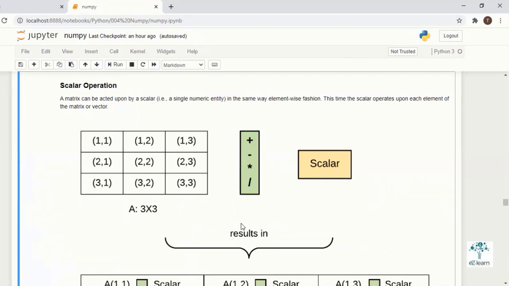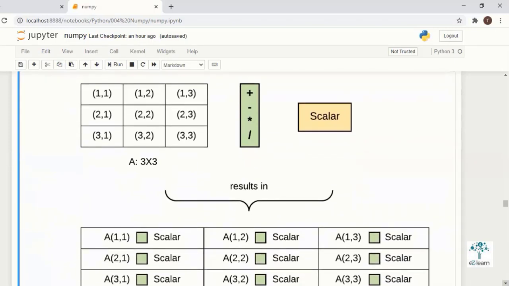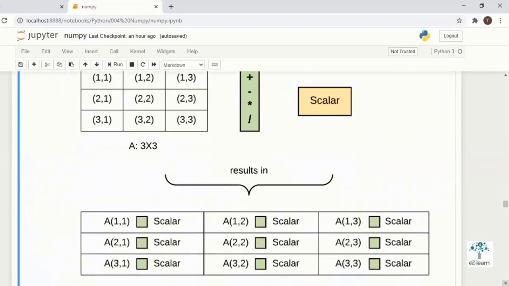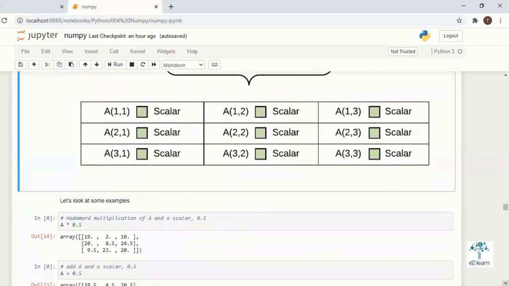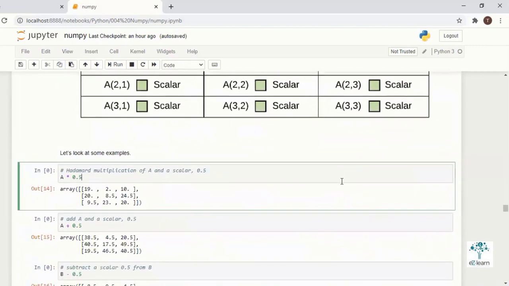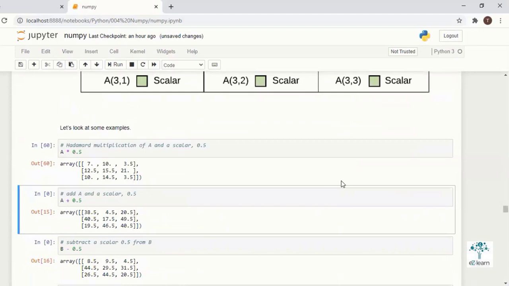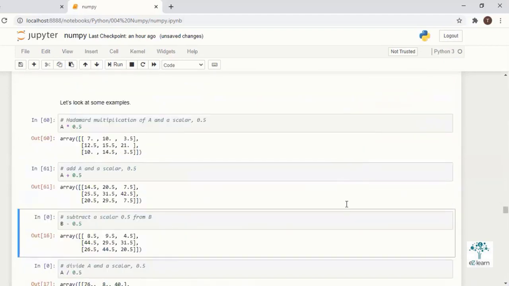If you want to apply a scalar, a single value, to all the items, you can do the same operations with scalar values too. If you want to multiply with 0.05 or add something, you can do this also.